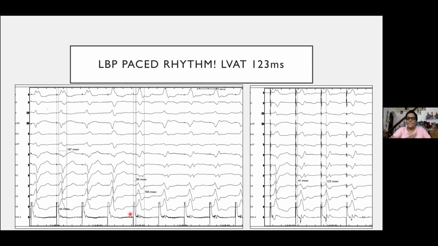When you're reducing the voltage, you are seeing the V separated out from the pacing spike. So there is a local V which is present, but at a higher output that local V is not present. So that means that local V is excitable. So we are not in a scar, which is corroborated by the fact that the R wave is very, very good. It's more than 10.